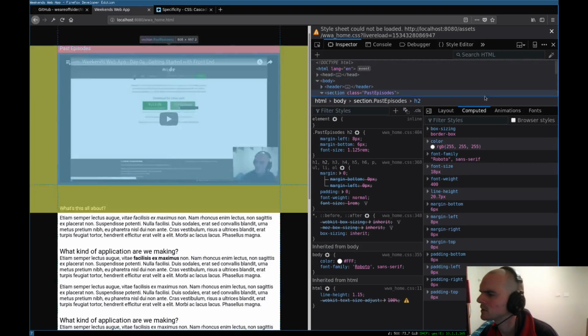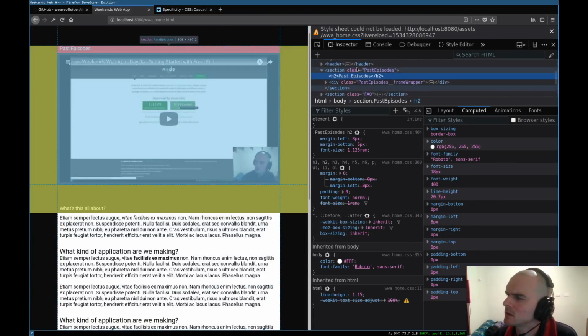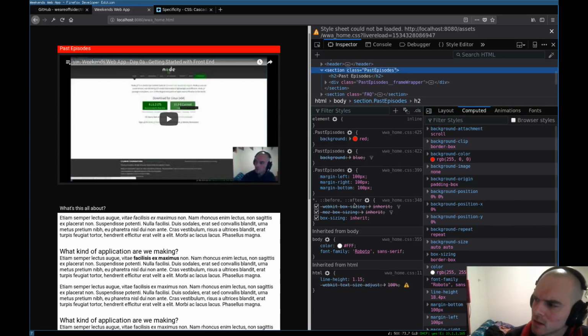And we look at all of the styles along here. Hang on. I need to collect sections. Here we go. So you can see here that we've got this ranking of styles all the way along here. So you can see starting from HTML, all the inherited styles down the bottom, all the specifically applied styles, like this star, which means pretty much everything, it gets applied to everything. And then we start to get to the specific stuff. So we've got past episodes, that was the first rule. And then we've got past episodes. All of these are the same rank,